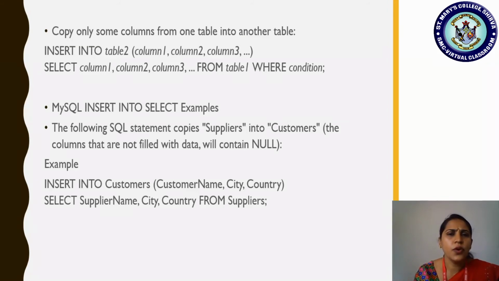So only a few columns you are trying to select, right? For those few columns you can give new names. So just check out here. INSERT INTO target table, there you can specify new column names: column 1, comma, column 2, comma, column 3 within parentheses. However many attributes or columns you want to copy, you can give new headings, or else you can give the column headings as they exist in the source table. Are you all understanding? So INSERT INTO table 2, column 1, column 2, column 3, followed by, now we should mention the source table.